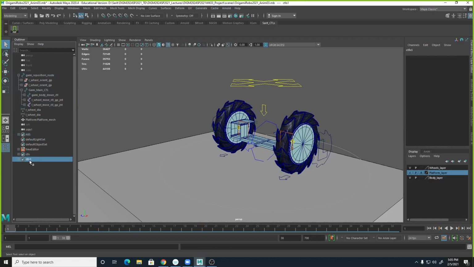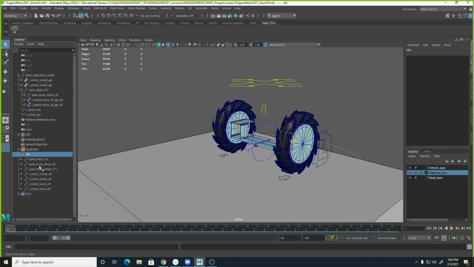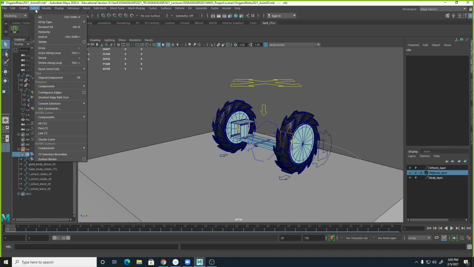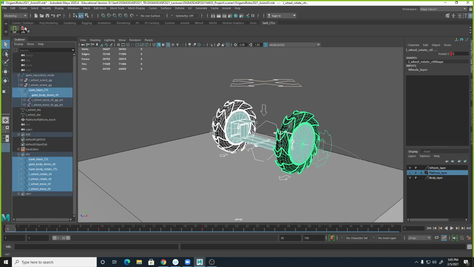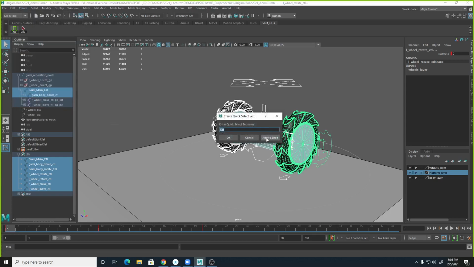That's so weird. It's right there. So I'm gonna have to go to select and quick select set. I don't know why it doesn't name for me. I'm gonna have to hold Control Shift and put it right there. Here we go. If that doesn't work, under create set, quick selection set, if it doesn't let you add,